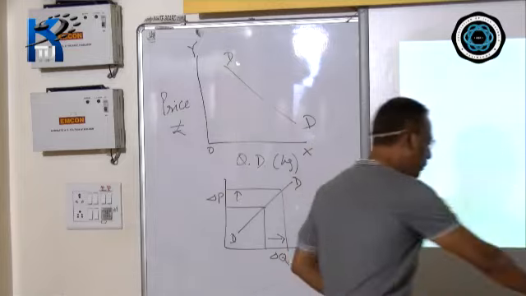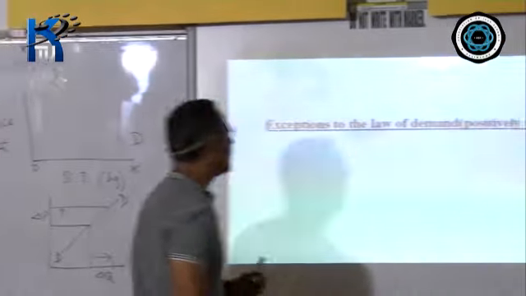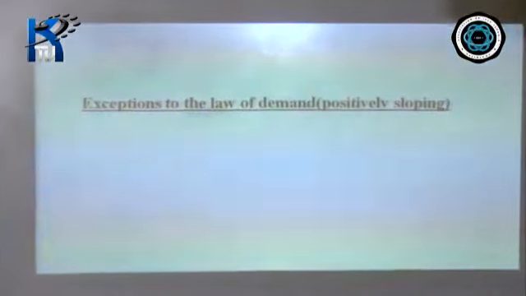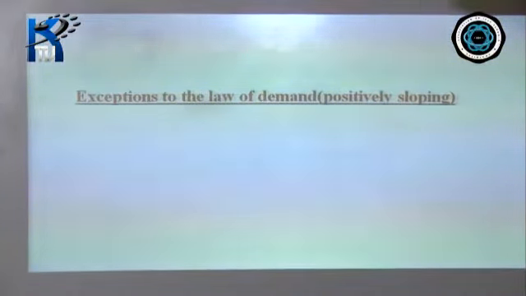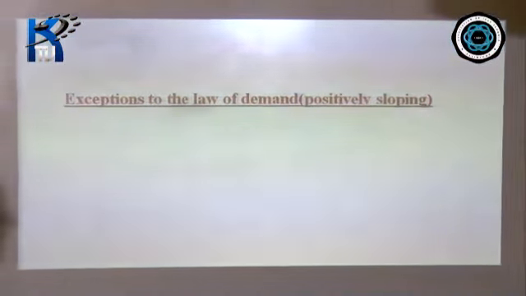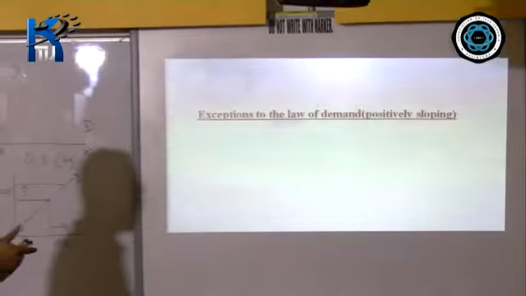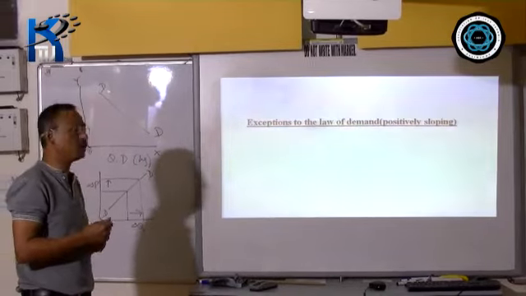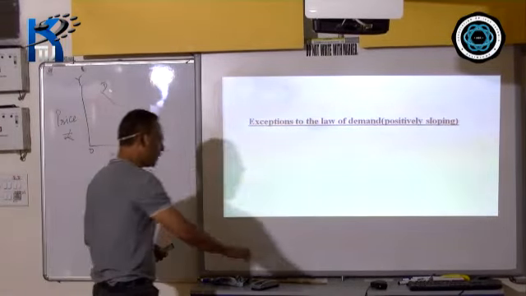So what we come to next is exceptions to the law of demand. The law of demand sometimes is not followed and the curve is not negatively sloped. Sometimes it is positively sloped. Positively sloped means when the price increases, the quantity demanded also increases. There are some exceptions. We are doing a few. The first one that we are doing is